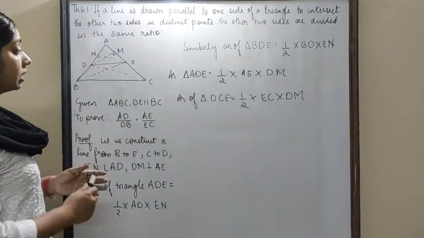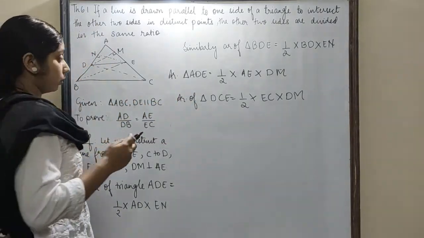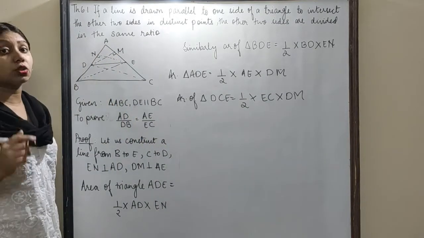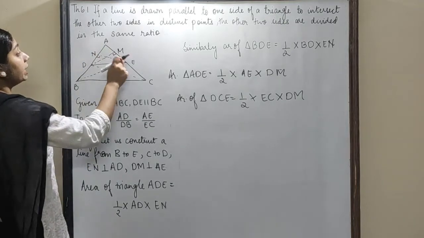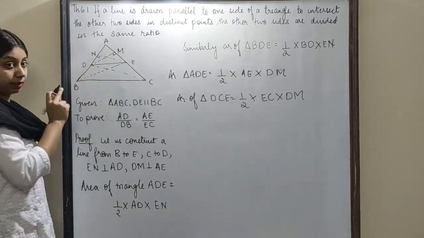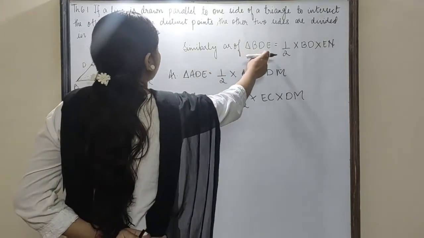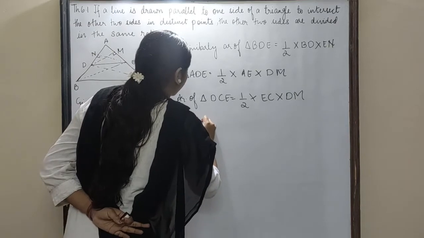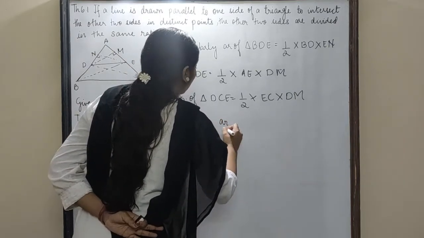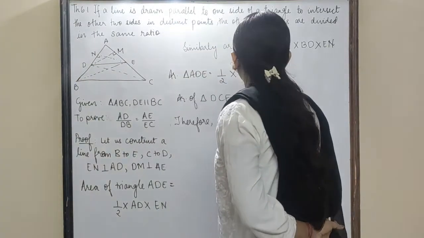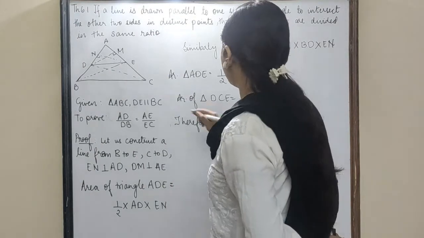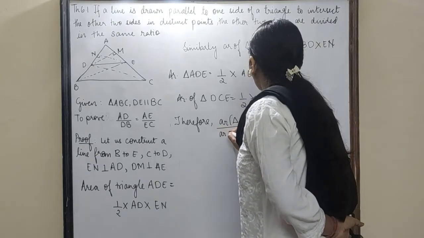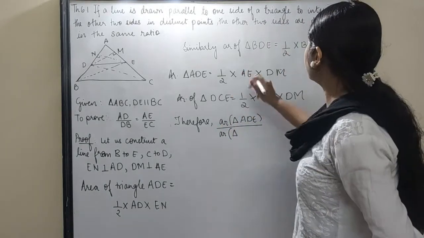Now, after writing this, we are going to take the ratios. To find the ratio of AD upon DB, which two triangles will we take? We will take triangle ADE and triangle BDE. Is that clear? So over here we will write, therefore, area of triangle ADE upon area of triangle BDE